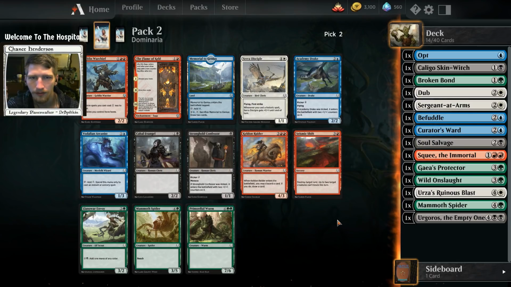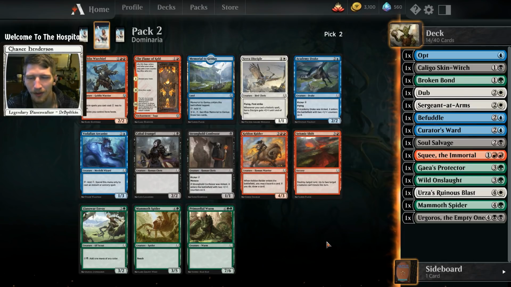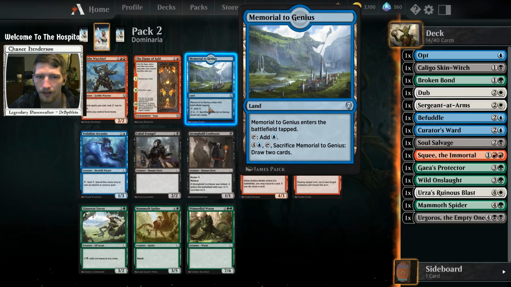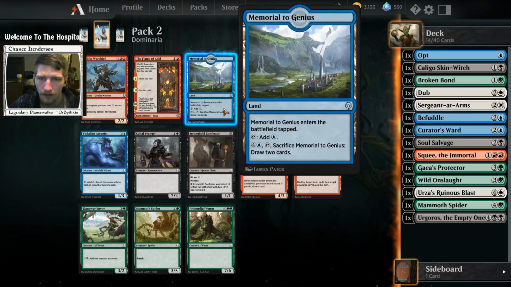Goblin War Chief. Goblins you control have haste. Well, we're not playing any goblins besides Squee, and I don't think giving our Squee haste is the best. Primordial Worm is a huge top end. You discard a card if you do draw a card. Keldon Raider could be really nice for sort of changing up our hands a little bit. Memorial to Genius is actually pretty good because we won't have to pay the effect for it, but we can still draw the 2 cards, I think. Even if we do, we can afford to pay it, so...